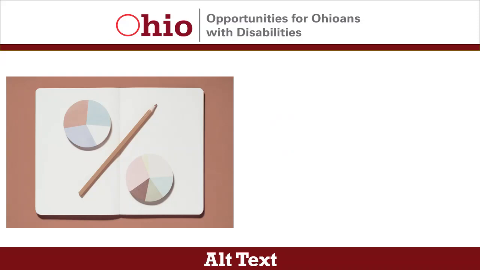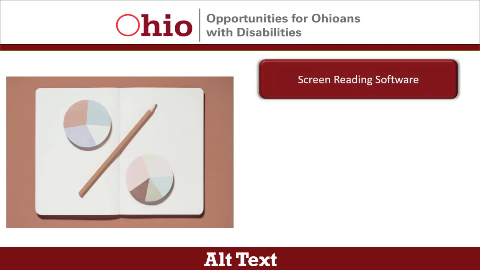While these are fine to include and helpful for some people, not all people receive information visually. People who are blind or have low vision may receive this information through screen reading software, which reads the information aloud or transmits the information to a braille display. So when visual content is present, it's important to remember to include alt text.